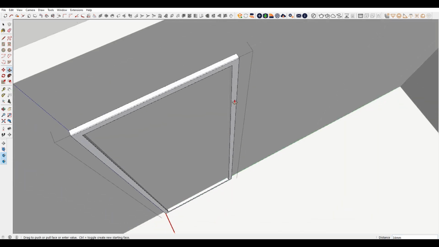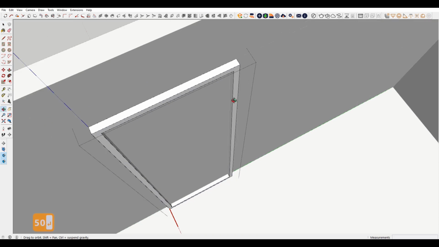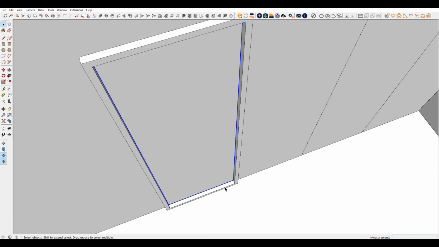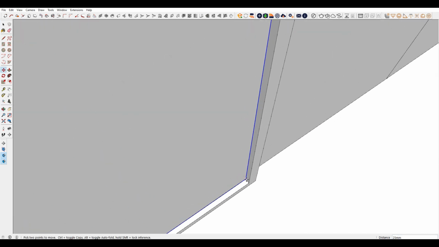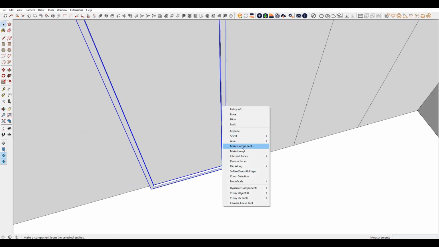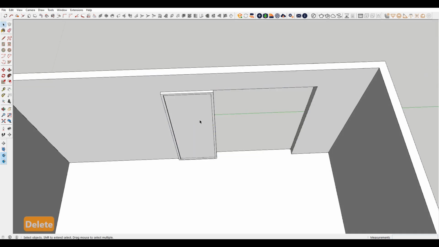Pull it for about 50 mm. Make this a component, create, place it in the mid, select these both, make this a component, select this, delete these,